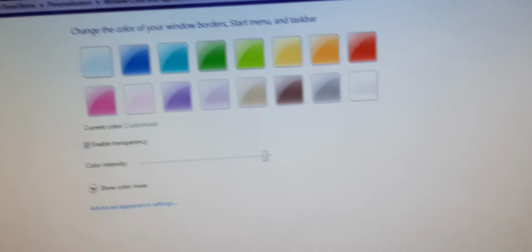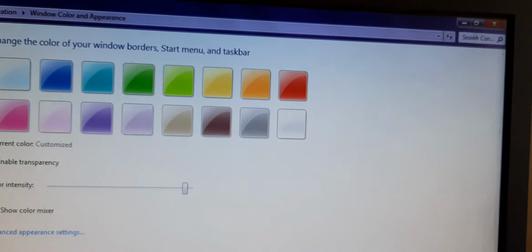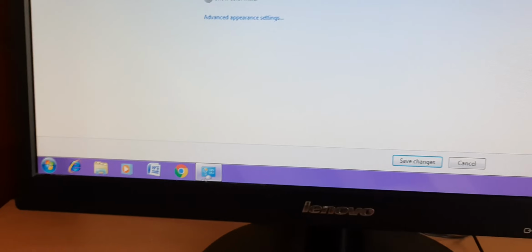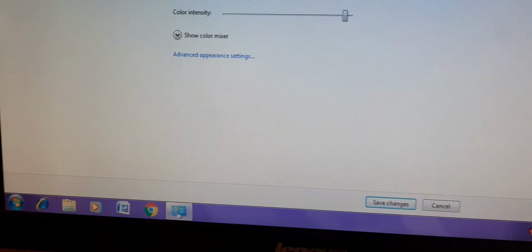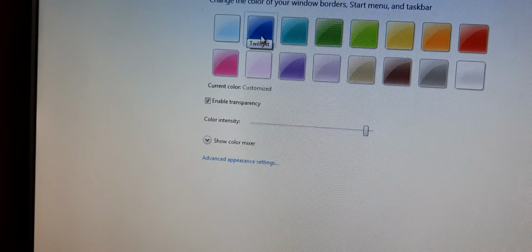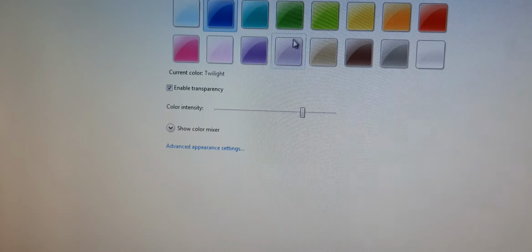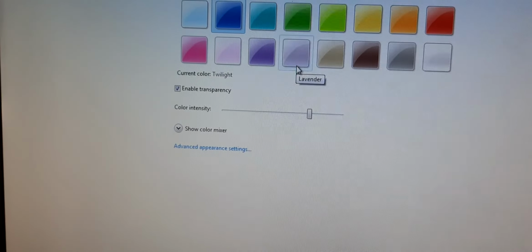Now if you want to save the changes, it will change the color of the window. Now the whole window color is, can you see, all this is violet. Let's do blue. This is twilight. Again it will change. Let's choose this one, lavender.